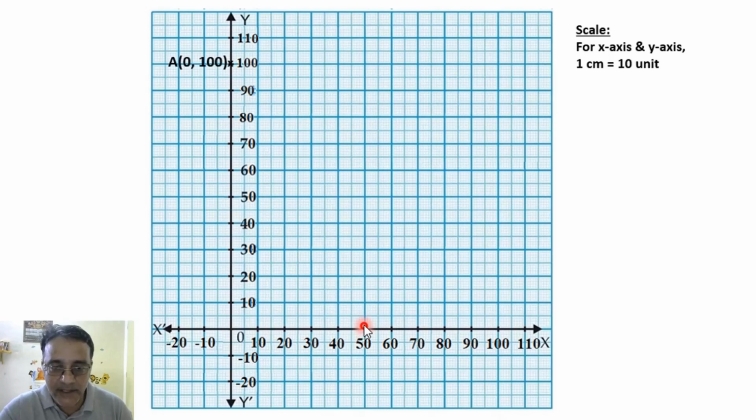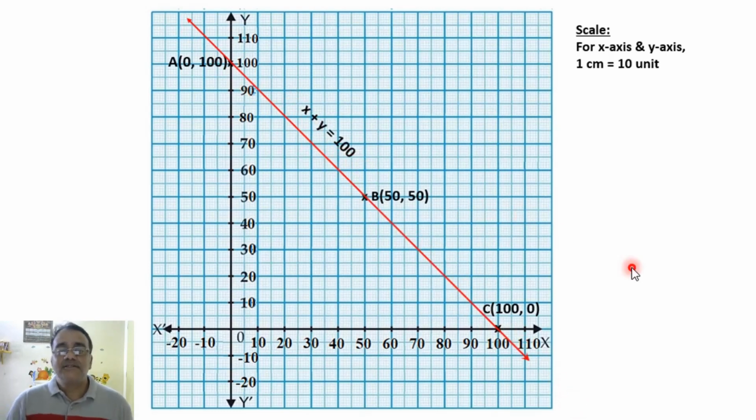So 50 से ऊपर की ओर जाएंगे up to 50. यहाँ पर आ गया. देखो ये 50 पे आ गया. So this is (50, 50). The last point is (100, 0). So it belongs to the x-axis because the y coordinate is 0. Okay. So now we will draw the line. We'll write the equation. So this is the graph of this question. Any doubt in this question? No, sir.